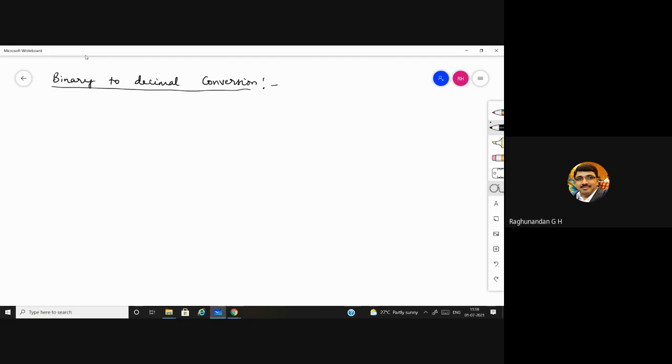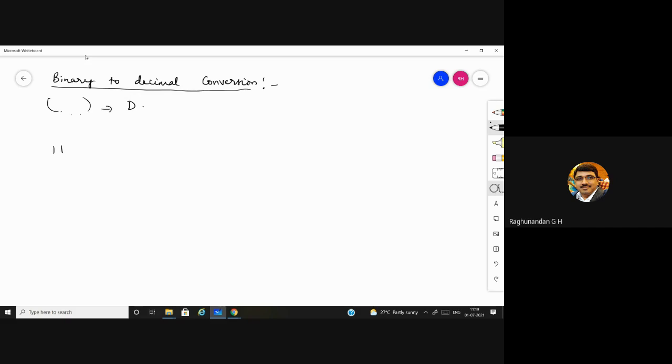So this is just the reverse process. So in the last case, we converted from decimal to binary. Now we convert from binary to decimal. Whenever you are converting any number system to decimal, then you will be multiplying each number of that number system by the base of that number system itself. Let me take an example.